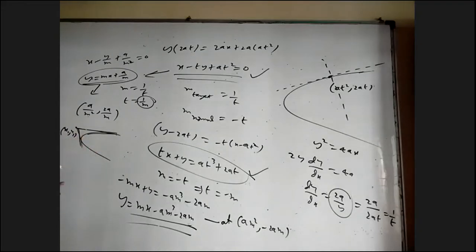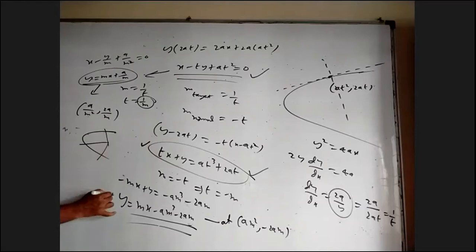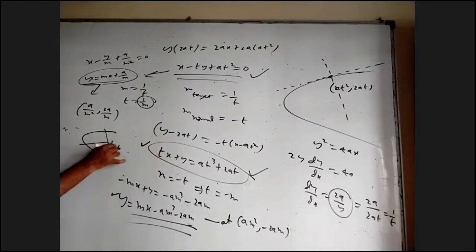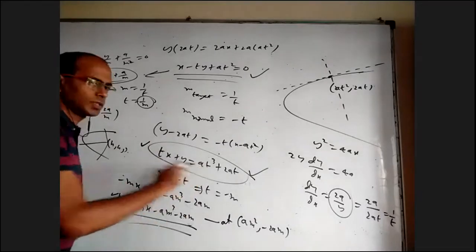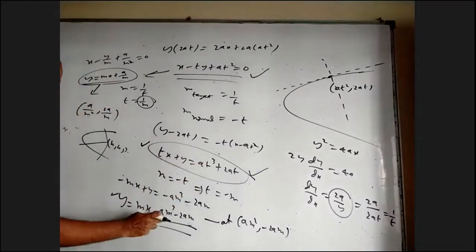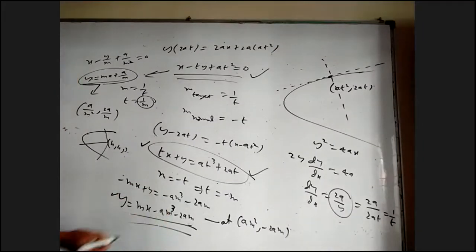So there are two. Similarly, if somebody asks, if there is a parabola and a point inside the parabola, how many normals of the parabola can I draw through that? It will be 3. Why? You can take this general normal or this general normal and substitute some (h, k). When you substitute h here, k here, and bring everything to one side, you'll get a cubic equation in terms of t. Or here you'll get a cubic equation in terms of m.